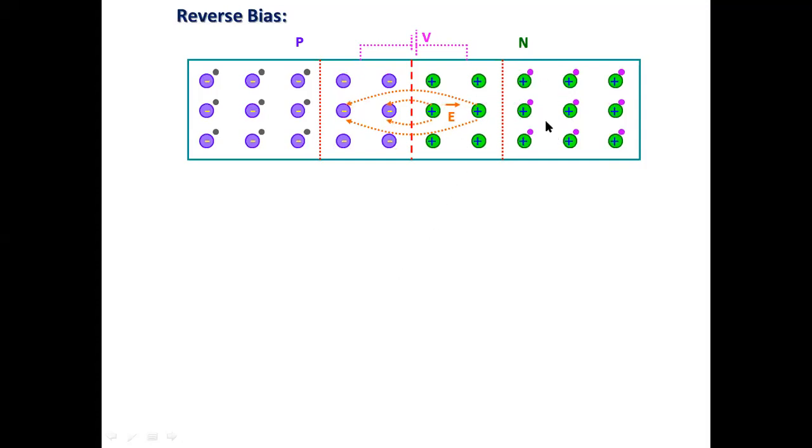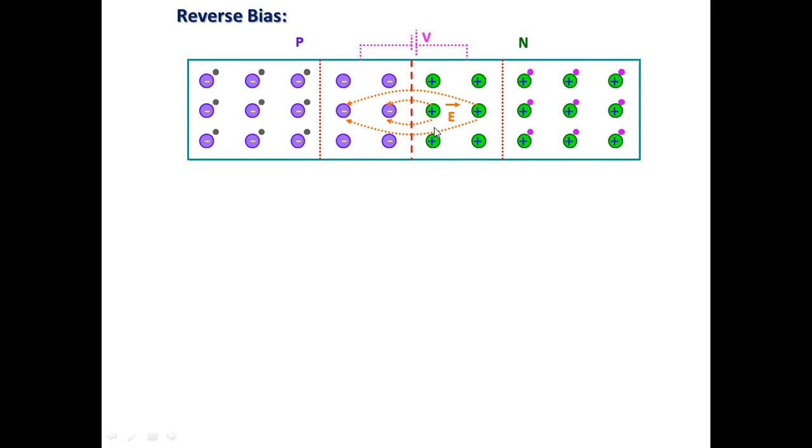By providing the opposite source here, already N type is there, so I will provide the positive supply to the N type of semiconductor. For the P type of semiconductor, I will give the negative supply. By doing this, the force will flow in the opposite direction, the same direction as the potential barrier. By doing this, what will happen? The depletion region will start to increase. It is not going to decrease.